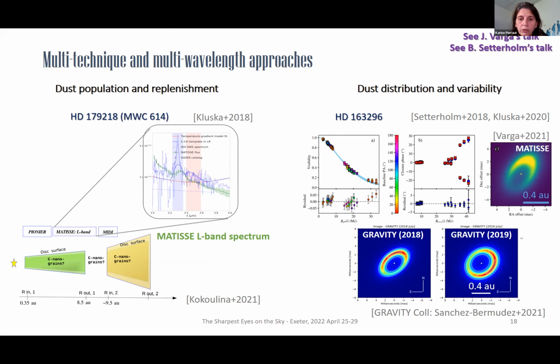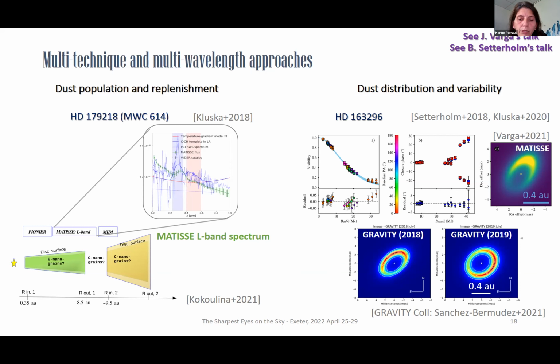We can also have some change in the dust density or illumination. What is not necessarily very clear is that we have only a few epochs, and we have no simultaneous observation.